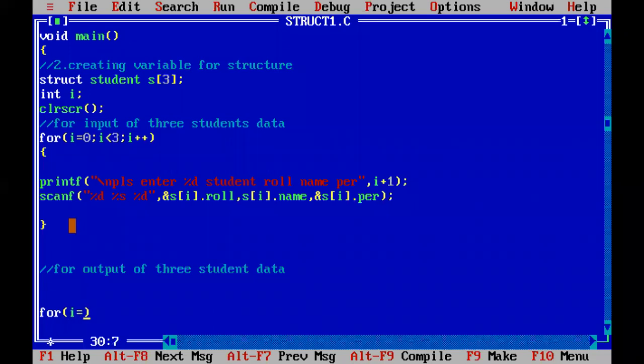3 students, so you have to repeat the loop 3 times. The i variable starts with 0 and i must be less than 3. Starting from 0 to less than 3 means up to 2, only 3 iterations for 3 students: 0, 1 and 2. So only iteration 0, iteration 1, iteration 2. When the i variable is increased from 2 to 3, 3 less than 3 is going to be false. So the loop is going to iterate only 3 times when you write i less than 3. Now you write i plus plus.